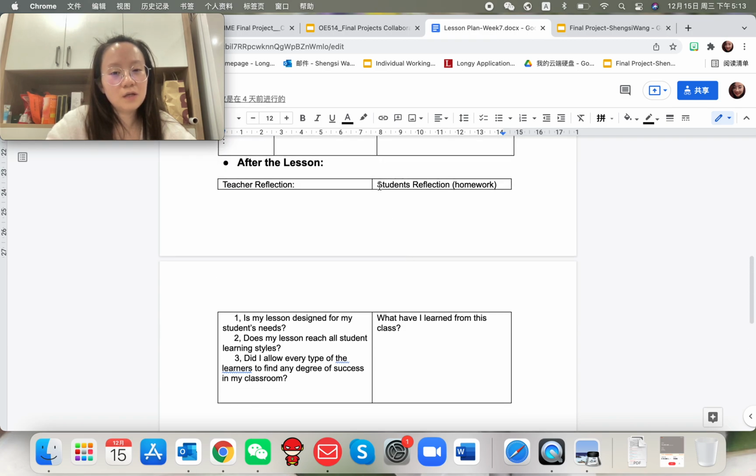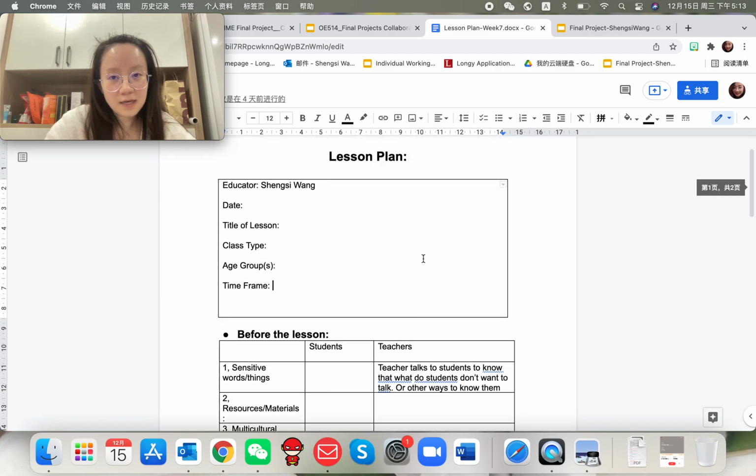And then what do students need to reflect on? It is a kind of homework, I think. In the homework, I think it is very easy for them. It's just, what have I learned from this class? So maybe this is homework, or they can take a survey. Also, okay, so this is